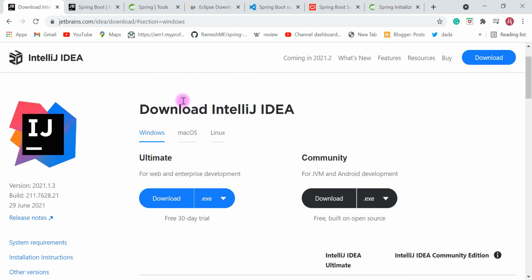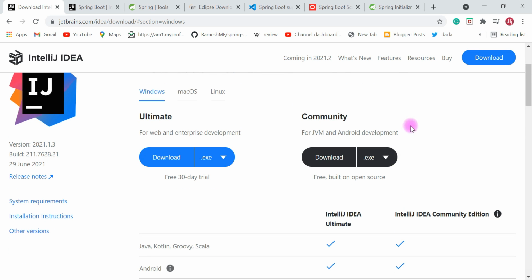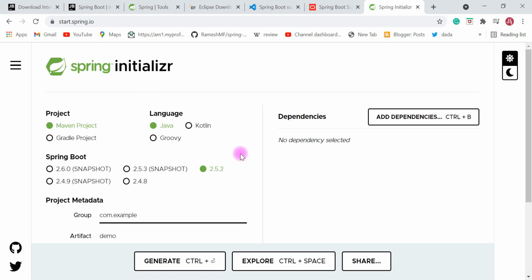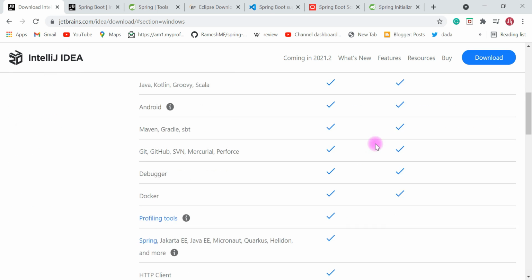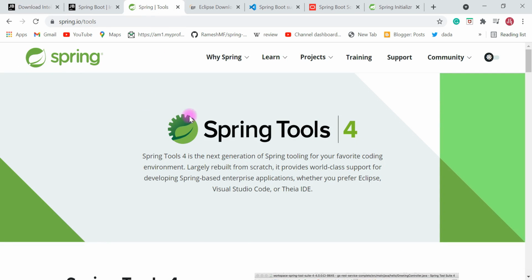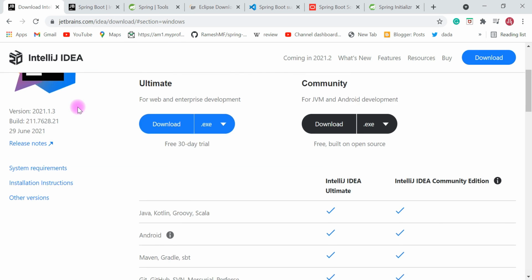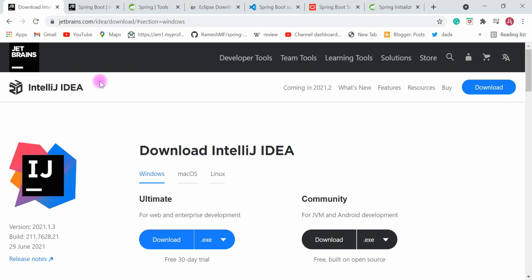But you can use IntelliJ IDEA Community Edition to develop Spring Boot applications. You can go to Spring Initializr, create a Spring Boot project from there, import it in IntelliJ IDEA, and you are good to create Spring Boot applications with IntelliJ IDEA Community Edition. First try out Spring Tool Suite IDE, and once you are familiar with developing Spring Boot applications, then go to IntelliJ IDEA. It's very popular and has a great user interface.